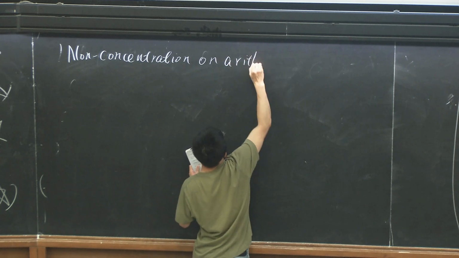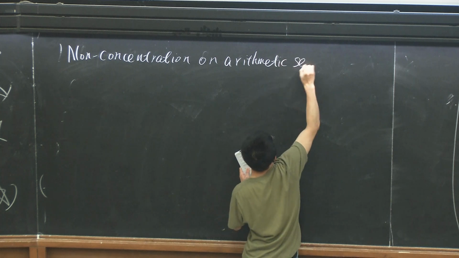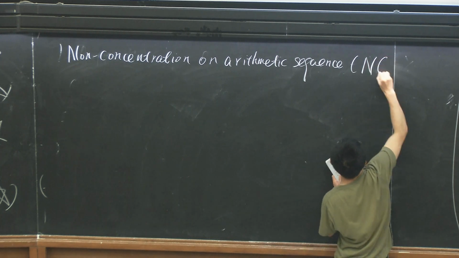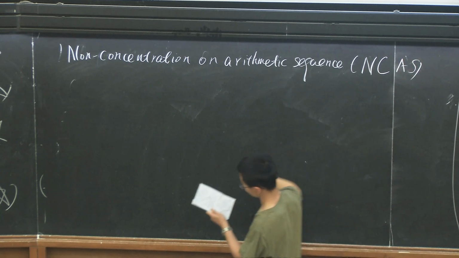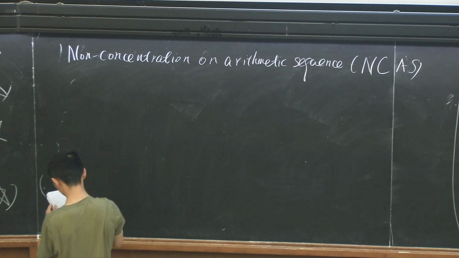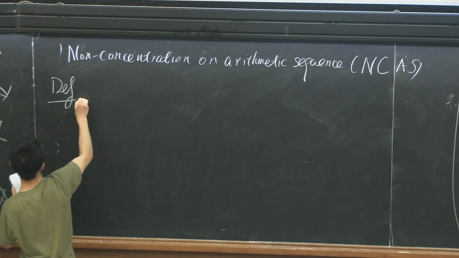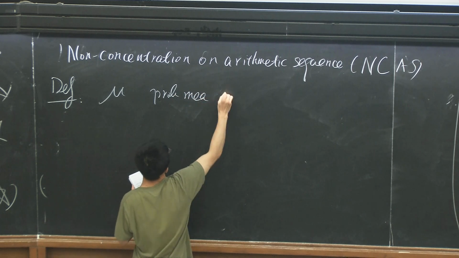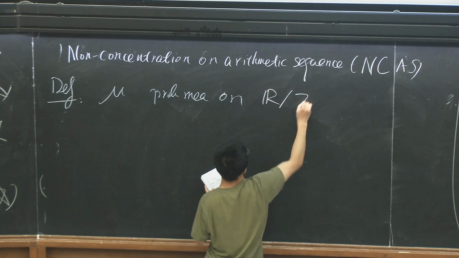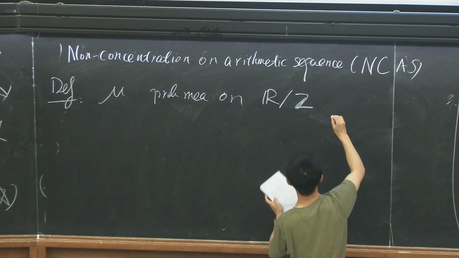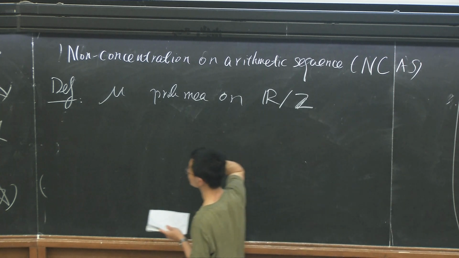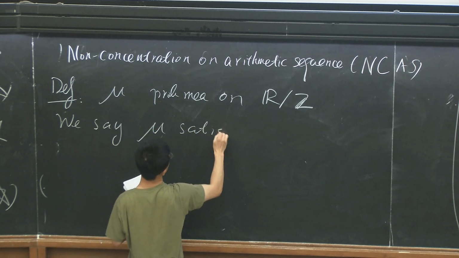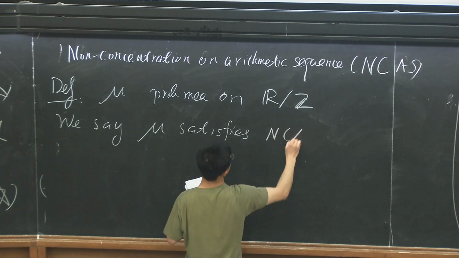Some arithmetic. I will abbreviate this NCAS. And the statement is like this. Definition. So mu is a probability measure on R over Z, not the unit circle, on R over Z. We say mu satisfies NCAS if